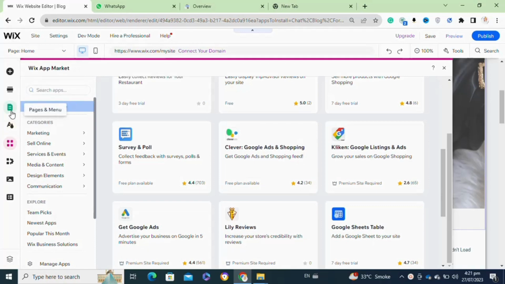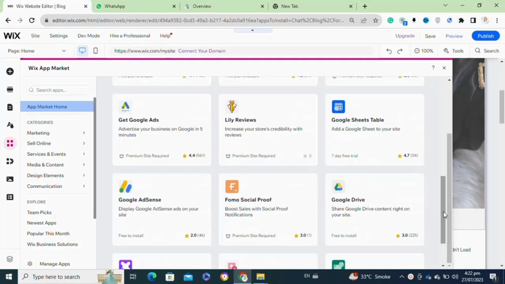log into your Wix website account. Once you are logged into your Wix website account, from the left menu you have to simply click on the Wix apps store. Now in the search bar you have to simply search for the Google Ads. After that you have to scroll down and go to the Google AdSense option and you have to click